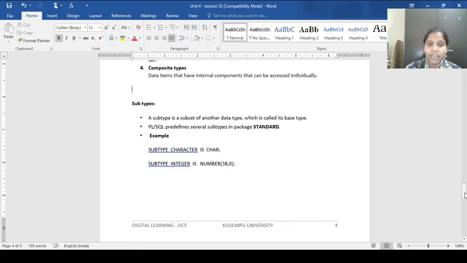That means it is a data type which is derived from another data type. The other data type is the parent data type and this parent data type is called the base type. PL/SQL defines subtypes in the package STANDARD.